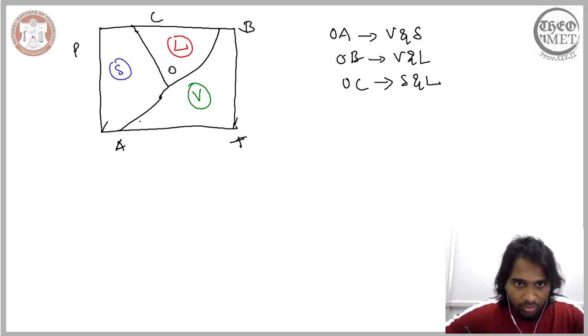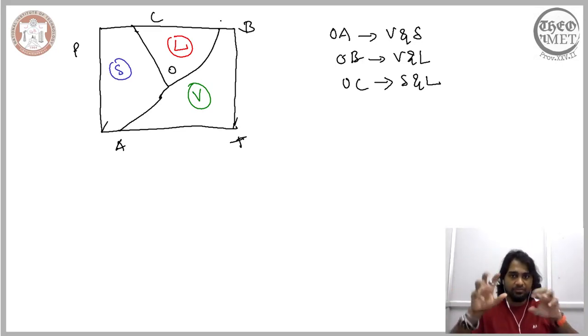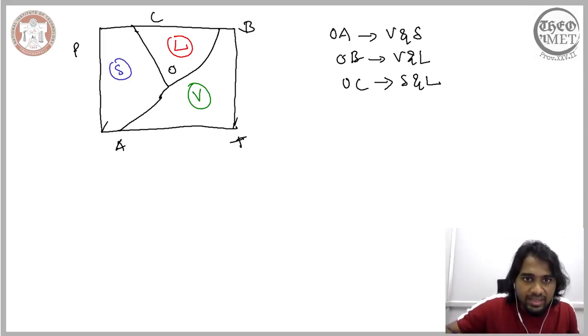The same goes for OA. OA separates two different spaces that represent solid and vapor, and OA then represents the equilibrium between vapor and the solid, and the same goes for OB. So the phase diagram comprises definite regions that are separated by lines. The lines indicate the equilibrium condition between the states they separate. So this line separates two different stable states, and the equilibrium between these two states is represented by these lines.